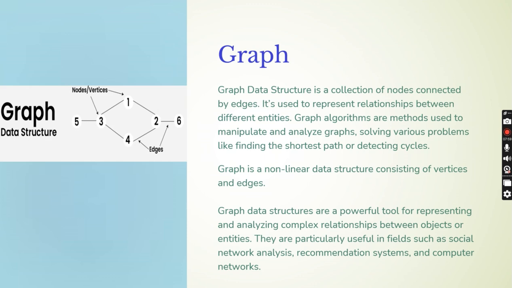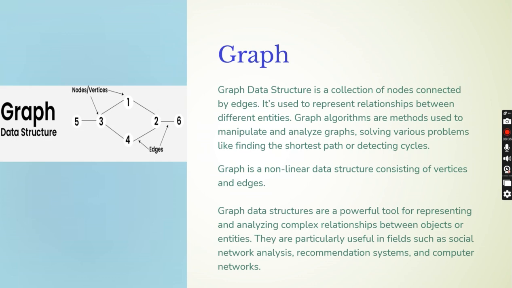Graph. A graph is a data structure used for a collection of data, with nodes connected by edges. Like that. So here, these are edges and these are nodes. 2 is a node and it's connected with an edge to 6. So graph algorithms are methods used to manipulate and analyze graphs, solving various problems like finding the shortest path, detecting cycles, and